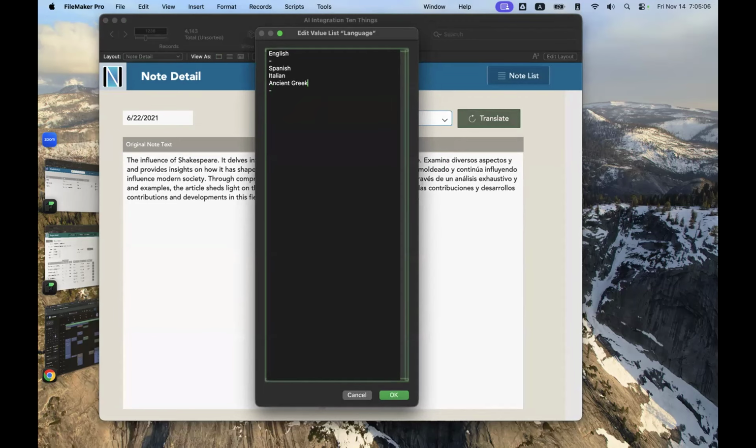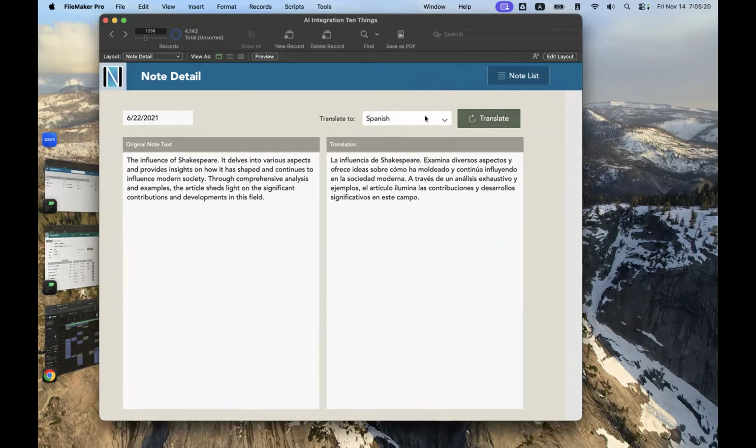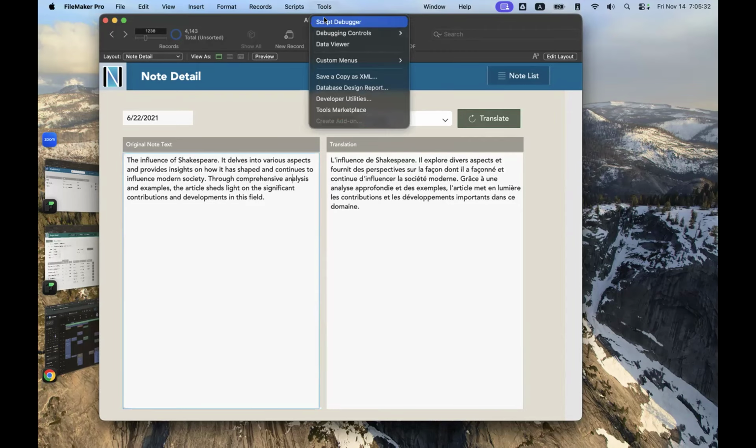So if someone in your database needs to add, I don't know, I actually put in ancient Greek just to be silly, and that actually works. Let's see, how about French? So yeah, no pre-thought, you just put it in. It's actually kind of amazing, even going around the loop. But to show a little bit more about it,